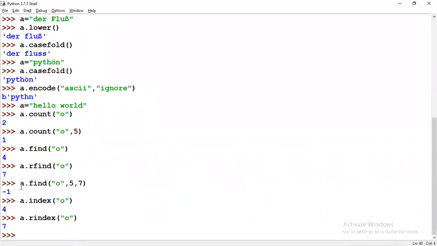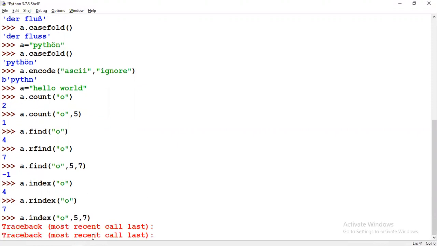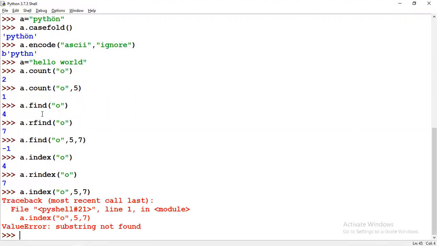But when you go ahead with this method, here your O is not available between 5 to 7, so it will give you an error. This is the difference between index and find. When we are finding something, if the value is not available, find will give you -1, while index will give you the error.